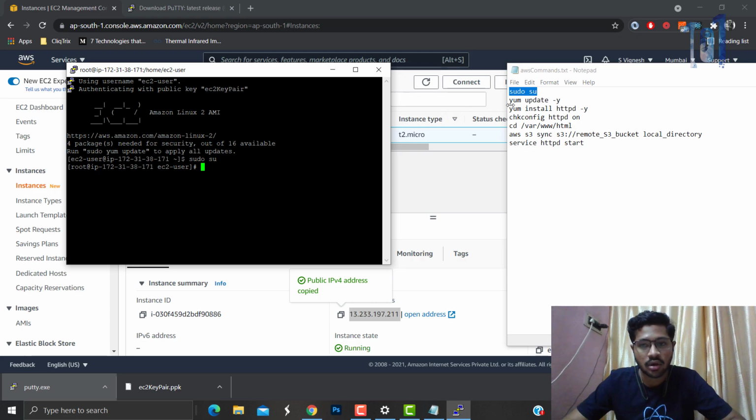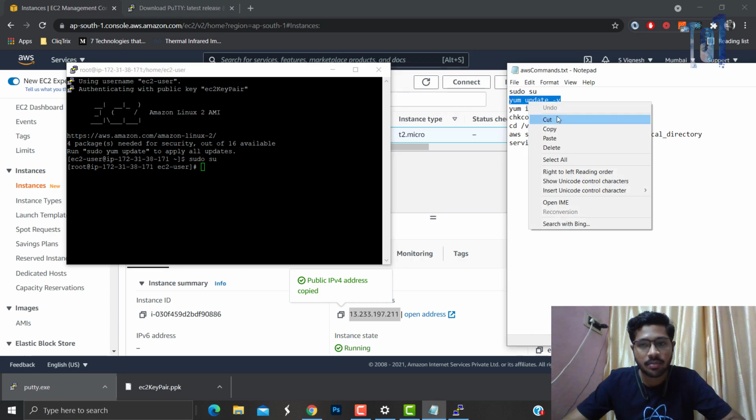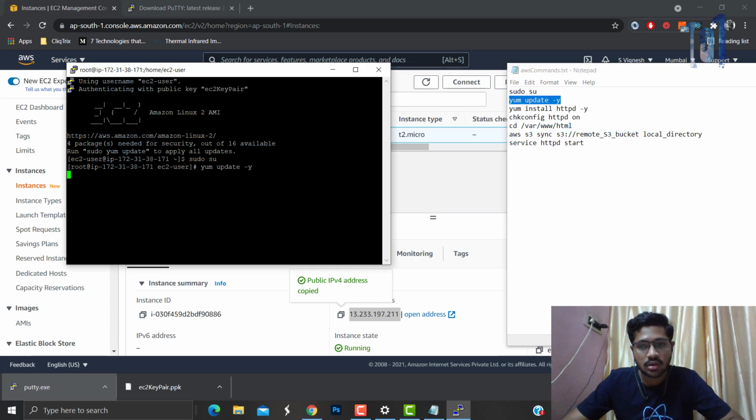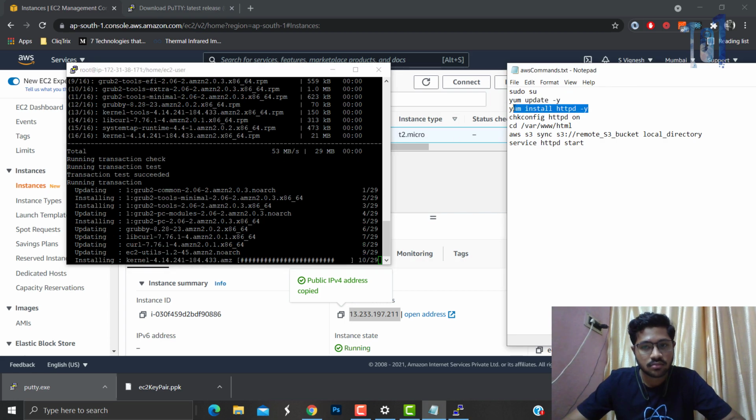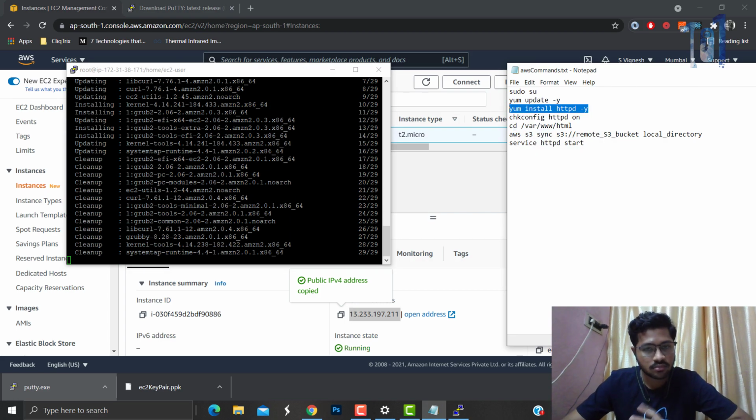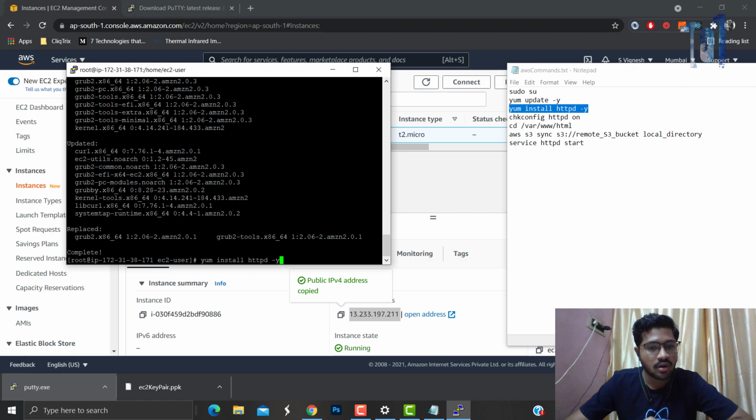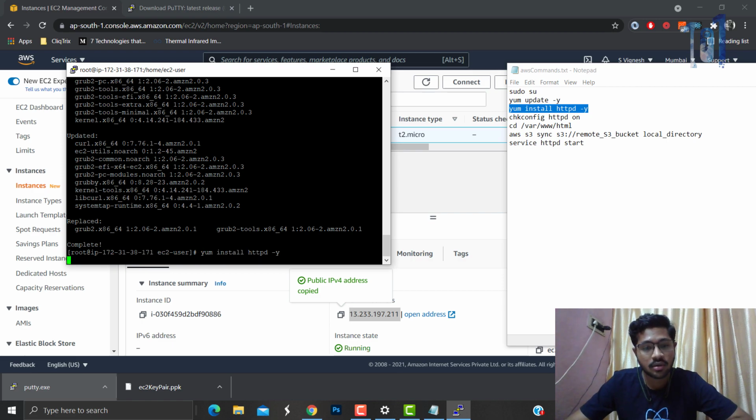So first log into the root admin user, then update the packages. We will now install the Apache server to host the website.